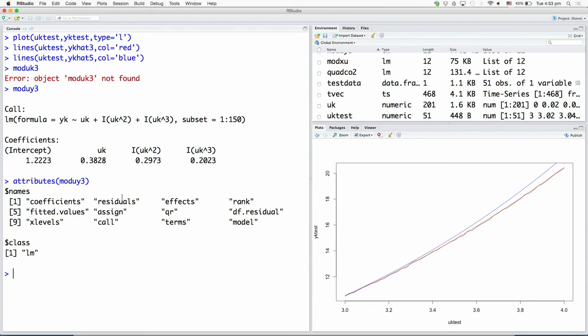You can extract the residuals like we did. Then you can also get other details as to how it was called and so on, depending on how well versed you are with linear regression. There is also a non-linear version of the LM routine, and there is a generalized version called GLM. The non-linear version would use the nonlinear least squares method.